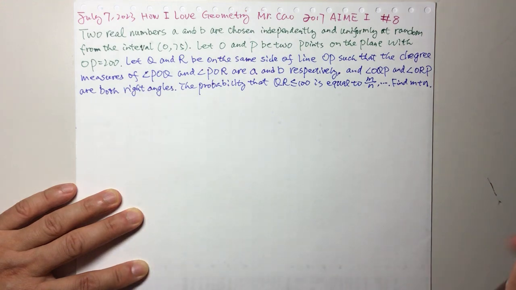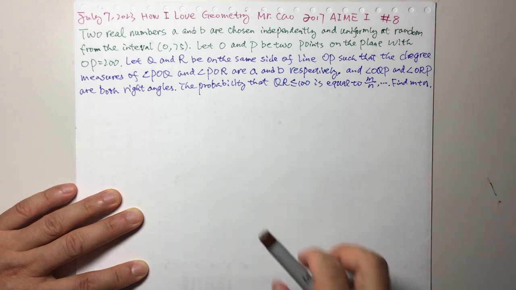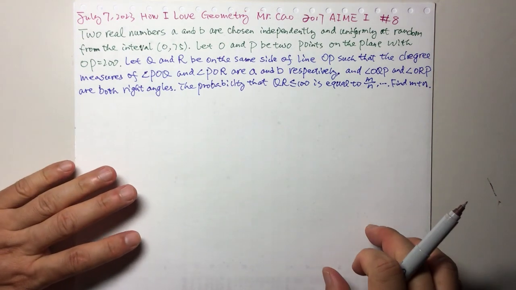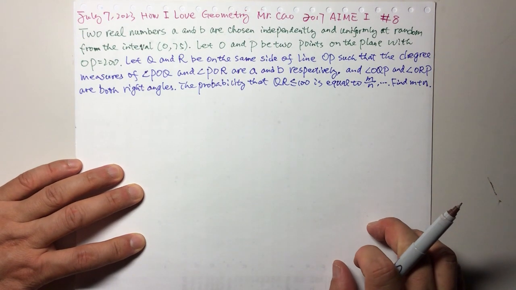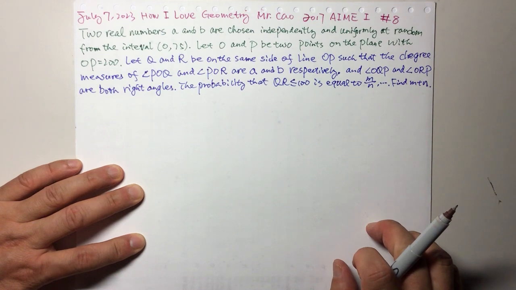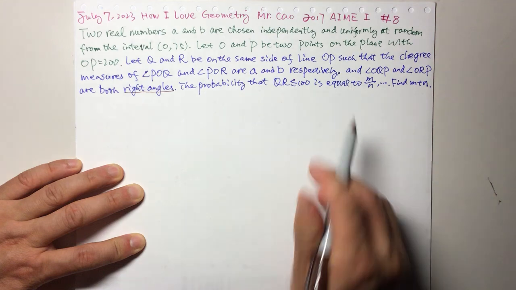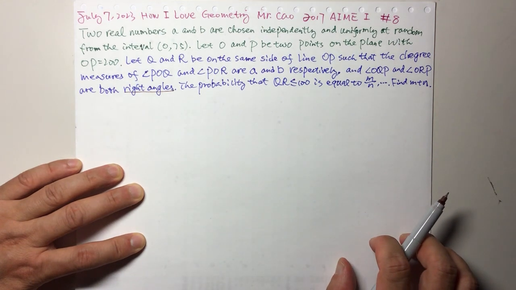So here you see right angles. The probability that QR is less than or equal to 100 is equal to m over n. Find m plus n. So, right angle, and so this